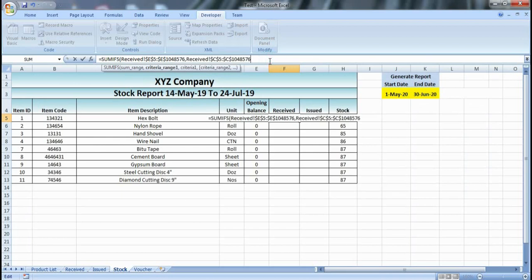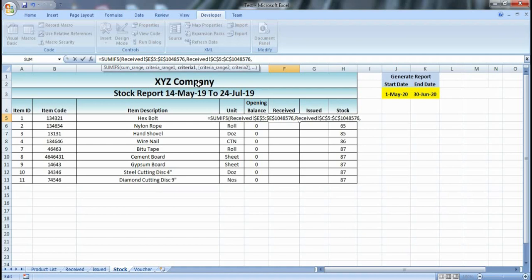Then we'll press comma. Now it is asking me criteria 1. So here you can understand: first we selected the column from where we have to sum the quantity. In the second argument we select the criteria range from where we are getting the criteria.